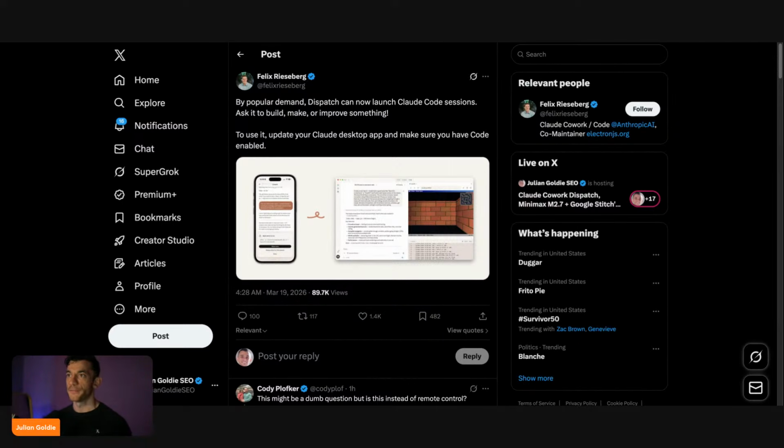So if you don't already, what you're going to need first of all is the Max plan to get started with this on Claude. If you don't have that already, it's okay. It's actually coming to Pro pretty soon as well. So I'm going to show you exactly how it works and how to get into this. So first thing you need is Claude Desktop, which you can get from Claude directly. And then once you've done that,